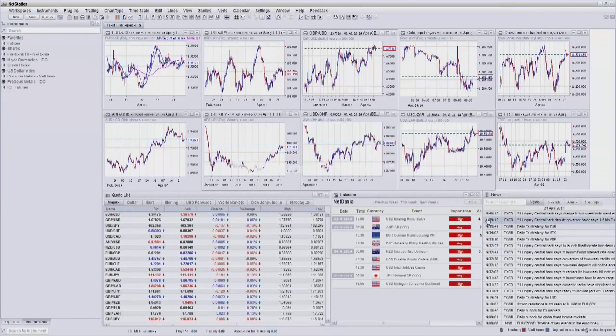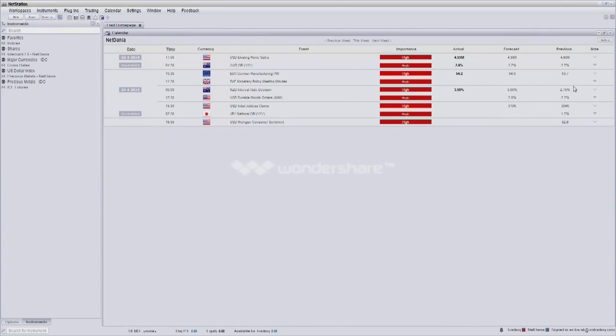Things have been really quiet in the markets this week. I expected it to maybe get a little bit more volatile with today's big numbers. Some major numbers are coming out of the U.S.: U.S. durable goods orders, which shows a little bit of the health of the economy, and initial jobless claims, which is a weekly number. Sometimes it's more relevant when the number comes out. That's a little bit more